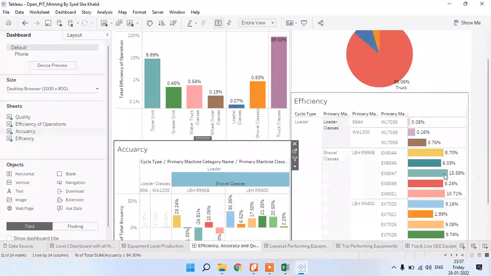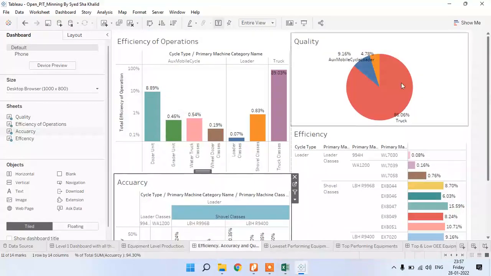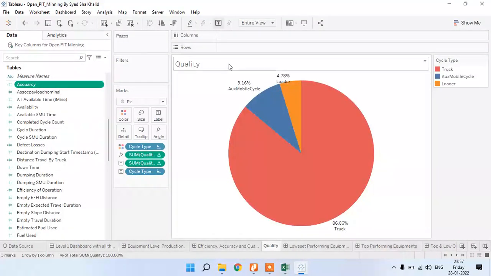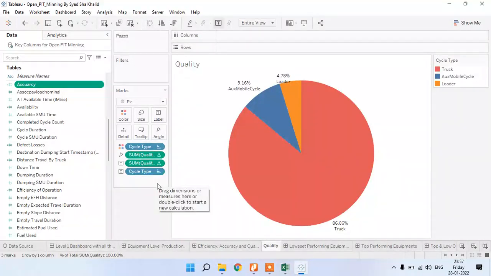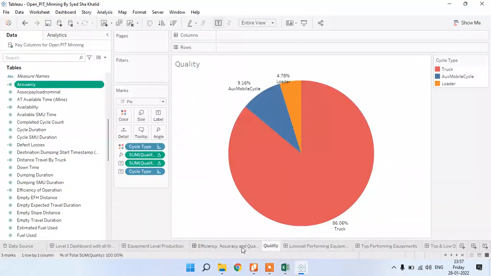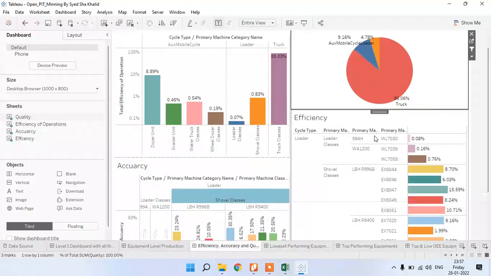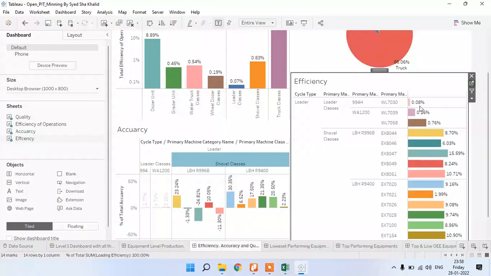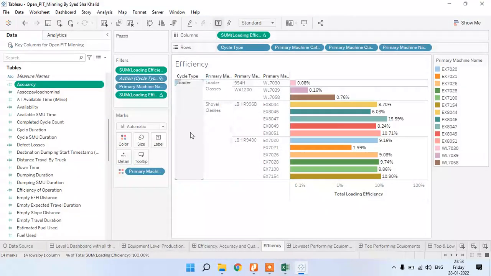Then efficiency. Here the same graph I have used for quality, which I used earlier. Let's see here, I will show you. Cycle type, only cycle type I have taken. Okay, this is the case. It is actually the same graph. And then efficiency, the same thing I applied for all the cycles. That is a loader cycle only.